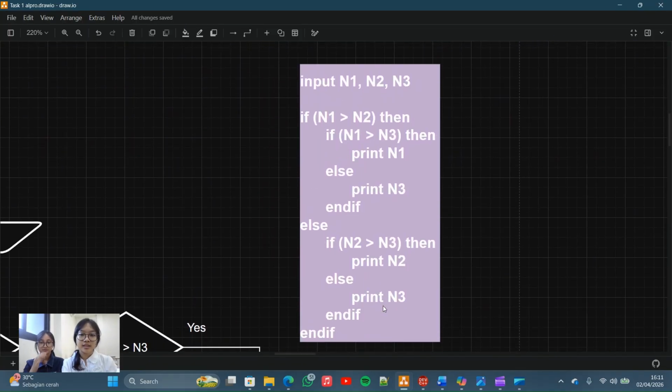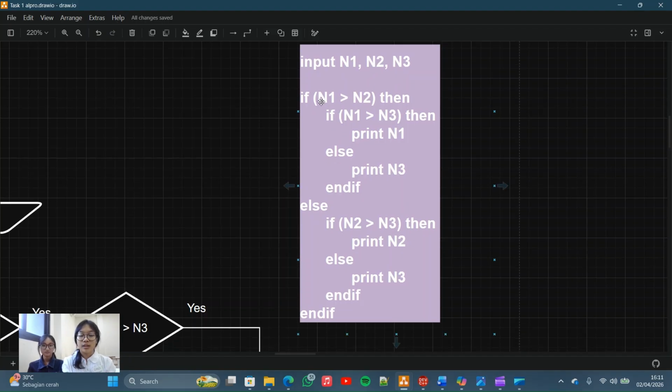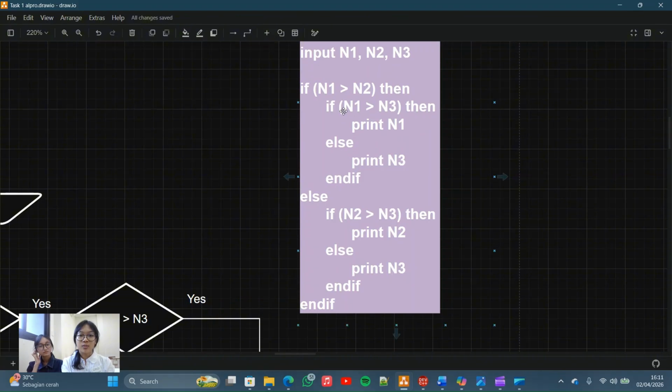So this is the pseudocode for problem number 3. Input n1, n2, and n3. If n1 is larger than n2, then if n1 is larger than n3, then print n1. Else, if n1 is not larger than n3, we will print n3.